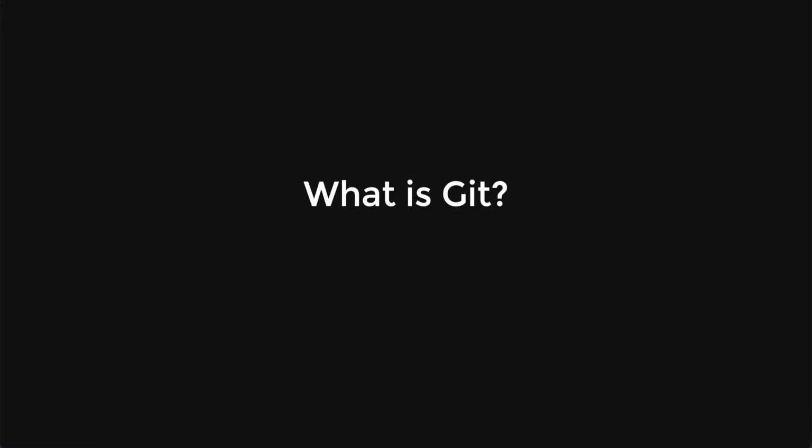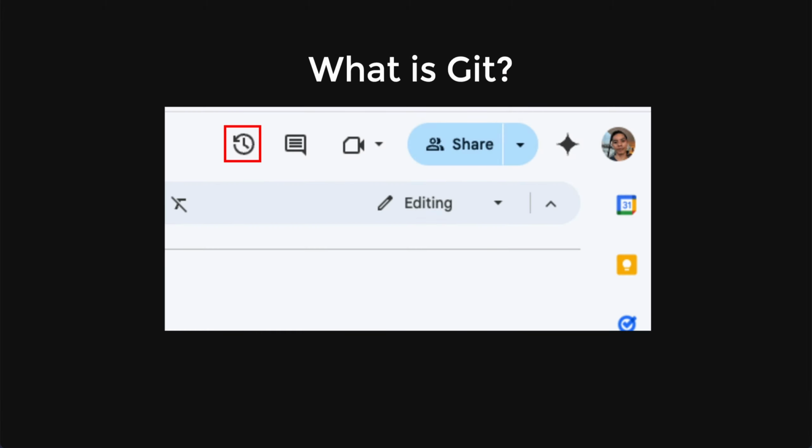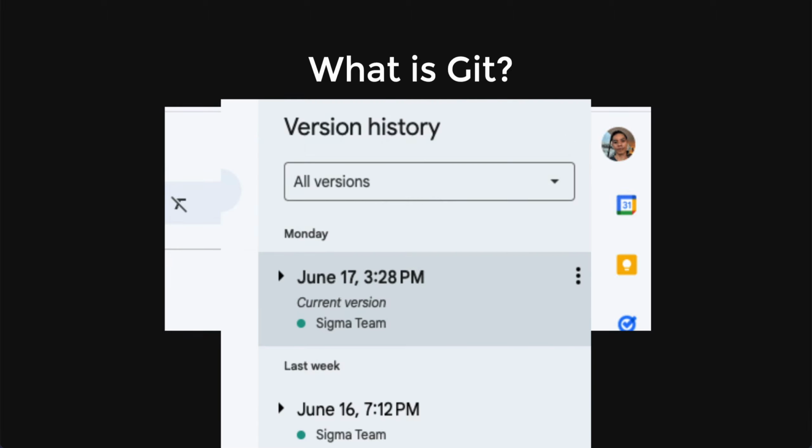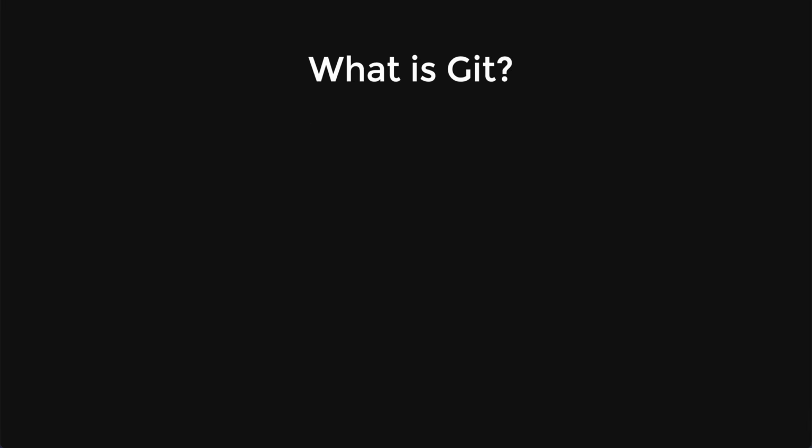So what is Git? Well, I'm going to explain it with something you might have used in your applications before. This is a simple Google Docs application where there is this icon, and if you click on this icon, this is the version history. So essentially Git is like a version control, close enough, which also controls the history of your progress in your